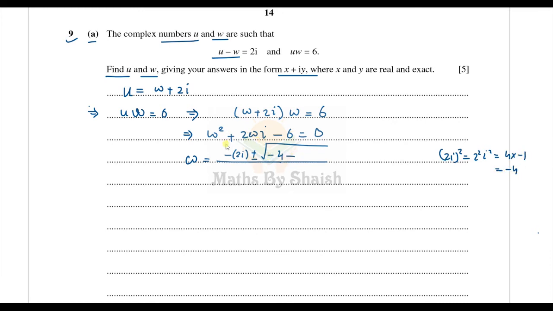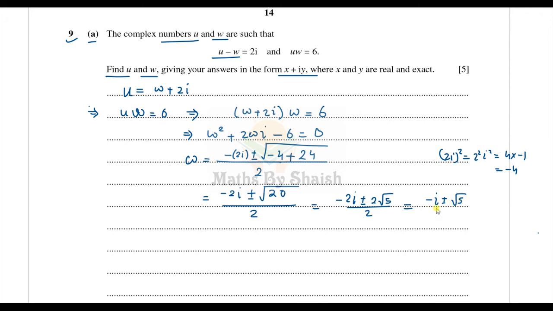Then minus times 2, 4ab, 4 into 1 into minus 6 is plus 24 over 2a, that is 2 only, and hence it is minus 2 iota plus minus 20 over 2, and we know that root 20 is root of 4 into 5, that is 2 root 5, and hence it is minus 2 iota plus minus 2 root 5 over 2,